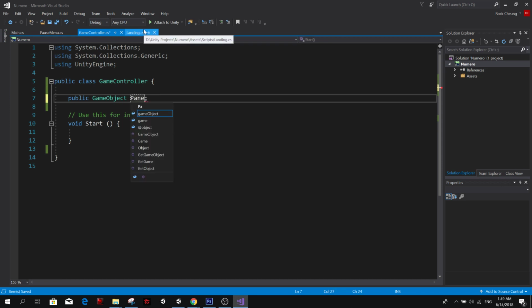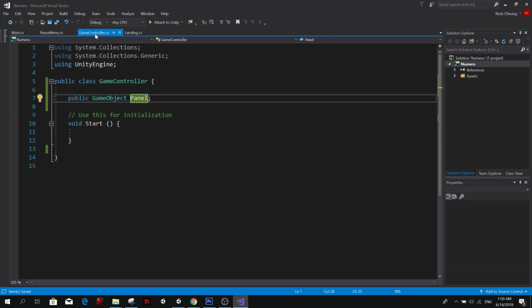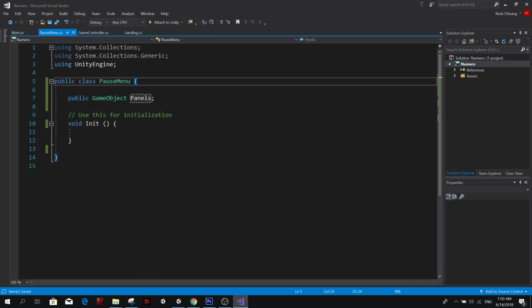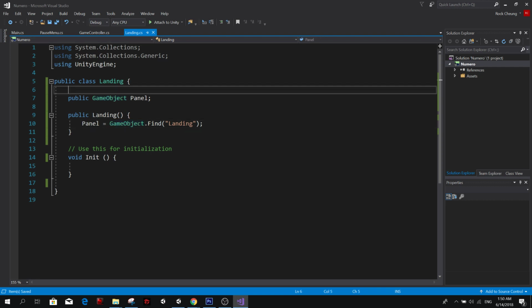I'm gonna call it panel. Okay, so it's not the game object because we don't actually have a game object right now. So I'm just gonna call it panel, and then we could just use this like that, and it'll feel better. Panel, pause menu, because all these things are panels, right? So they could even extend a panel thing, like a panel base class or whatever.